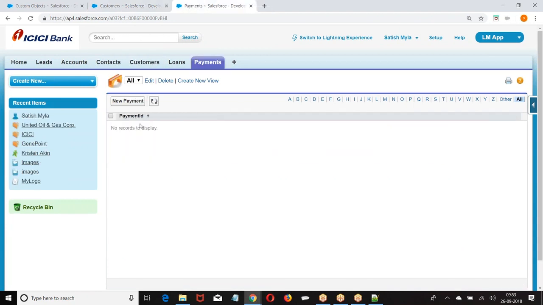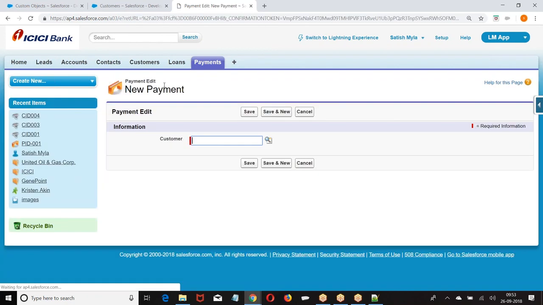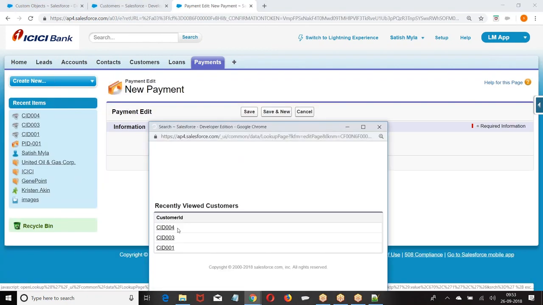Now look at this. When I click on this new payment, I was able to see customer 1, 3, 4.